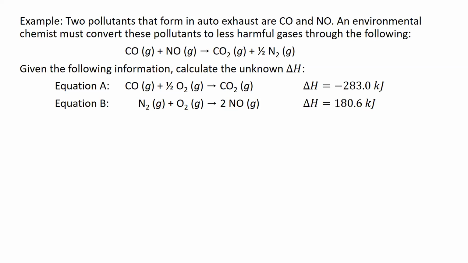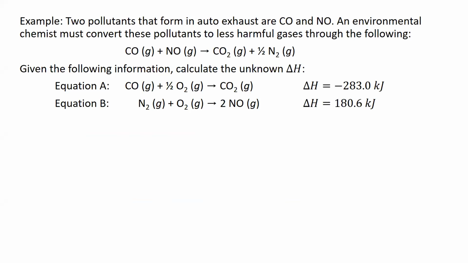An environmental chemist must convert these pollutants to less harmful gases. So CO and NO are bad. They bind to things like hemoglobin. They react in very bad ways. So you want to convert them to things that are less harmful. Carbon dioxide is less harmful than carbon monoxide. And nitrogen gas is not harmful at all, right? That's the majority of the atmosphere. And so that overall reaction